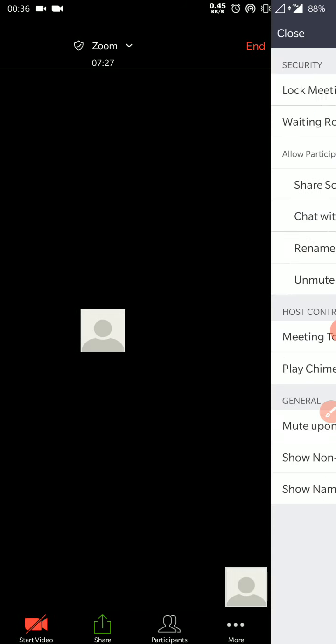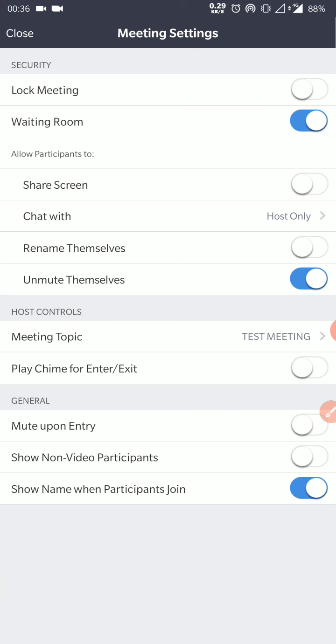And once you have taken all the participants which were expected during your actual session, one more thing a host can do is click on more. Again, you can click on meeting settings, and the first option, which is lock meeting, can be enabled. When you lock the meeting, no new participants can join, even if they have the meeting ID and password. So all the participants who are already present in the meeting can view the contents of the meeting, and no other user, irrespective of having credentials to come into the meeting, will be able to even come into the waiting room.